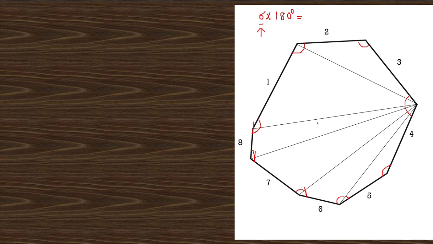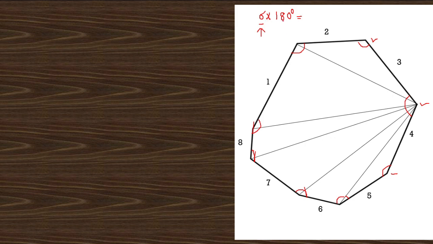How come 6 here? See, this is one of the vertices. We cannot join to the adjacent vertex. No, we cannot join here and we cannot join here. But this can be joined to the rest, because there are 8, and 3 are not involved in a way. So how many? This is one diagonal. So this is actually joined to 5 vertices, 1 2 3 4 5. 5 partitions, that means 6 triangles. 1 2 3 4 5 6.